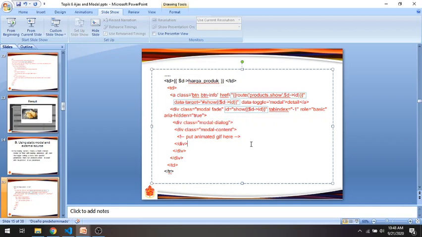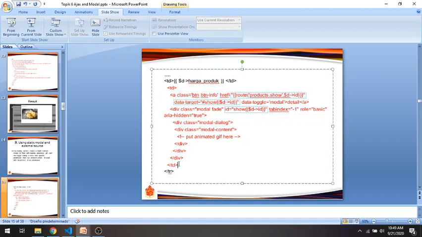So there are two elements here: the color, and the important thing is data target that is related with the ID, and the href that is related to the external source.